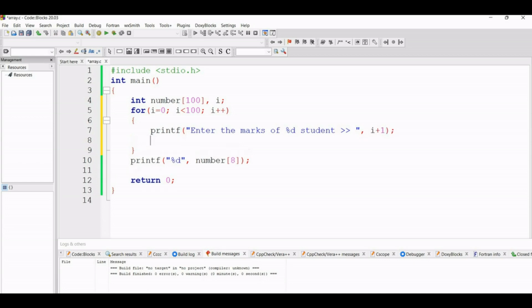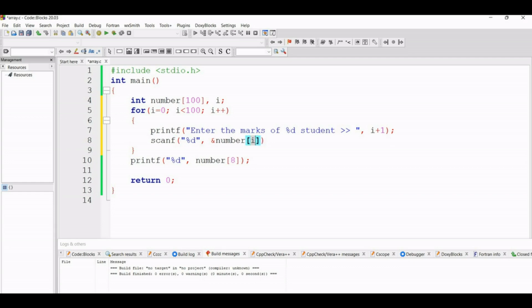Then we have to scan the value. So scanf, and then %d because this is integer type, and here we have to give the ampersand sign, then the variable name number and the position where I want to store that value. The first number will be stored in index 0, the second number in index 1. In this way the number will be stored in index I.